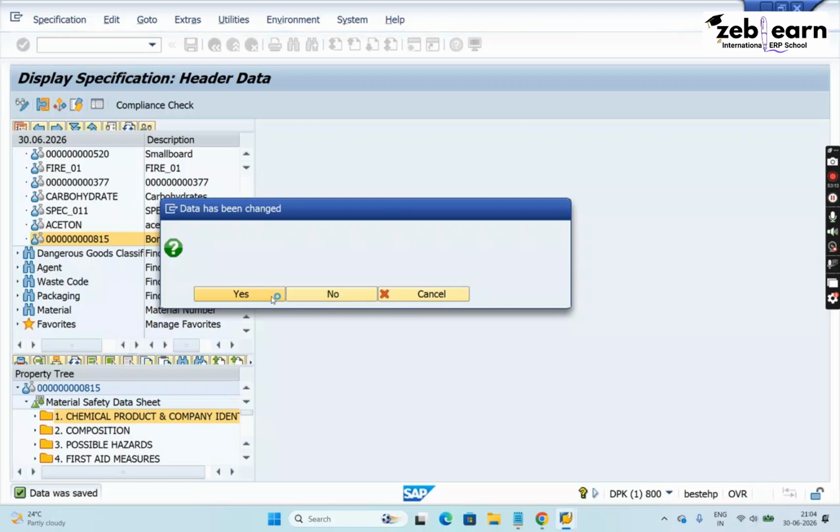Sometimes specifications with similar nature means